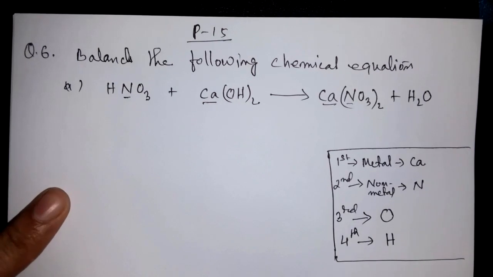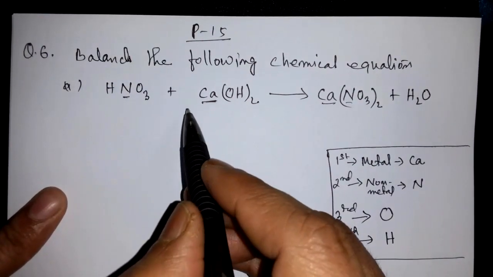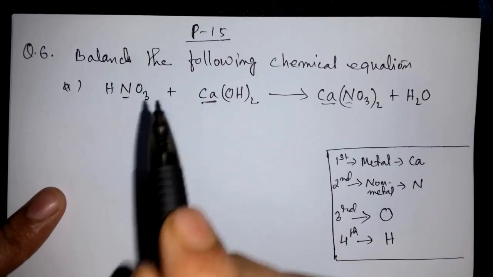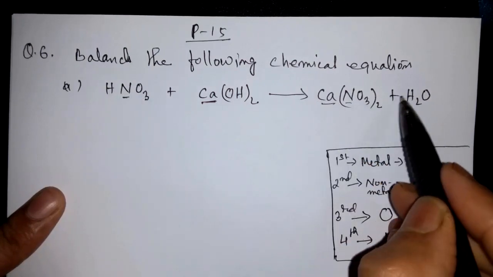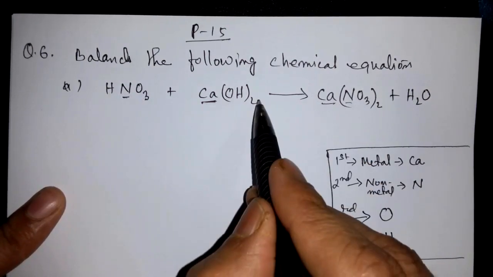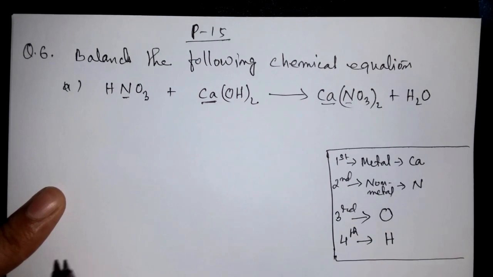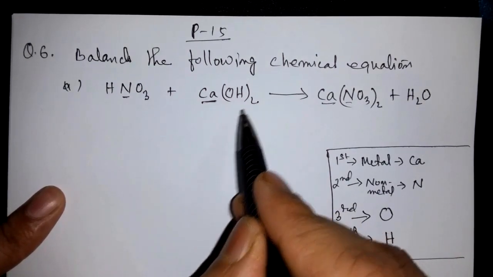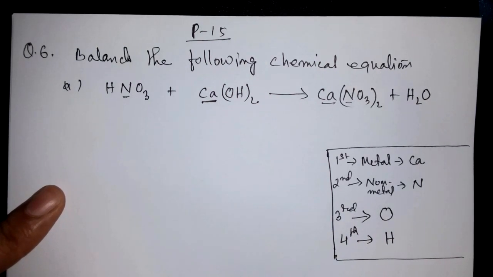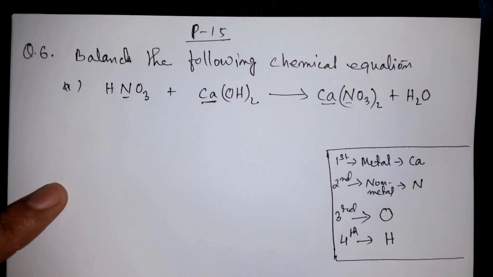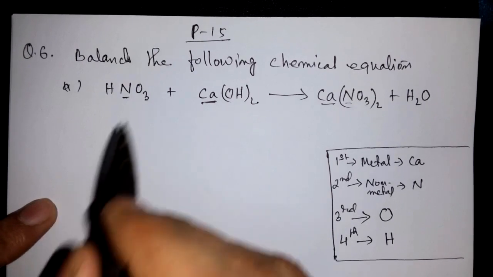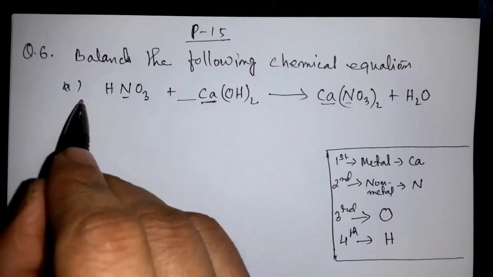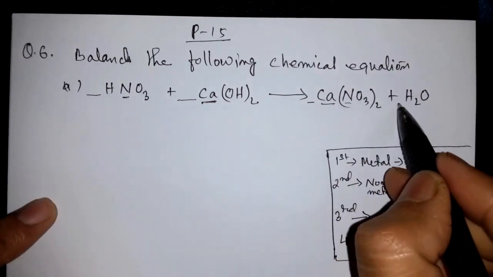Calcium. Okay, whenever you're doing balancing, you have to add some number, and that number you can add only in the beginning. Only in the beginning. That is the left side of the formula. In the middle or right side, you cannot add any number, because that number which is in the middle or right is the part of the formula. So whenever you do balancing, your formula should not be disturbed. So for balancing, you can choose a correct number so that both side atoms become equal, but that number you can write only on the left side.